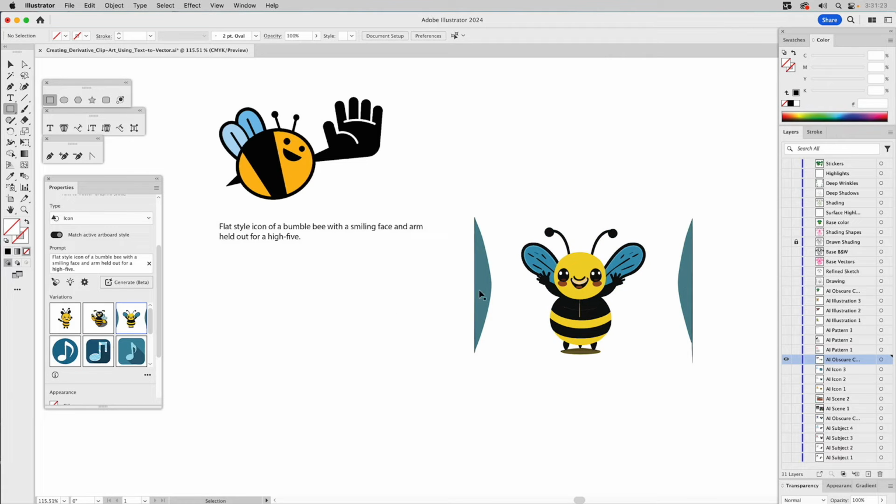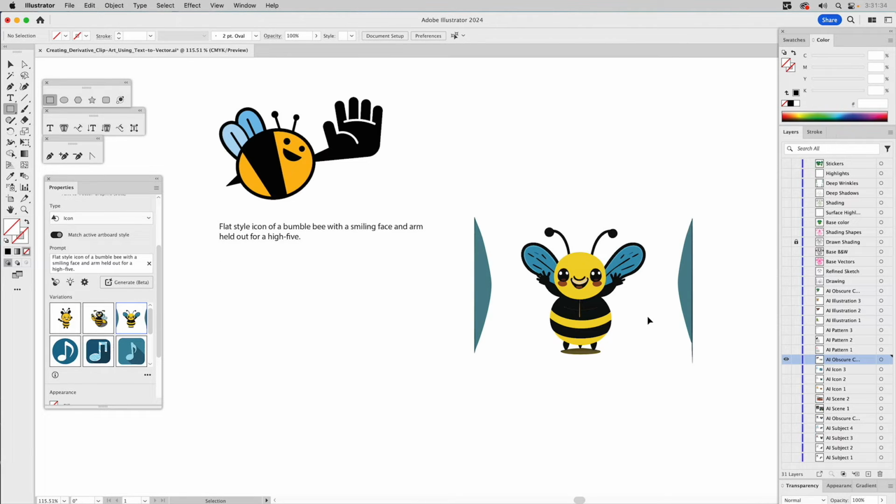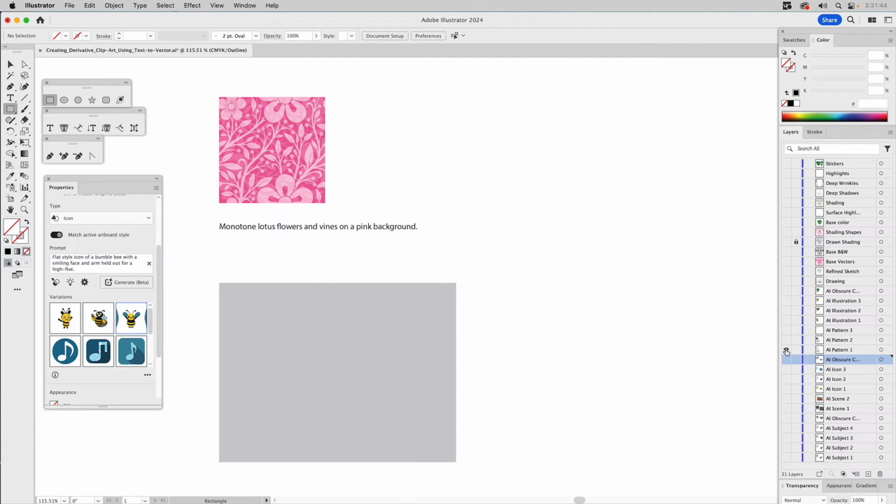Kind of cute, but what are these things over here? I have no idea. So again, this is definitely simplified artwork, and it looks a little better than the other ones we've seen so far, but still not that great, not super impressed. So we have a handful more to go through,